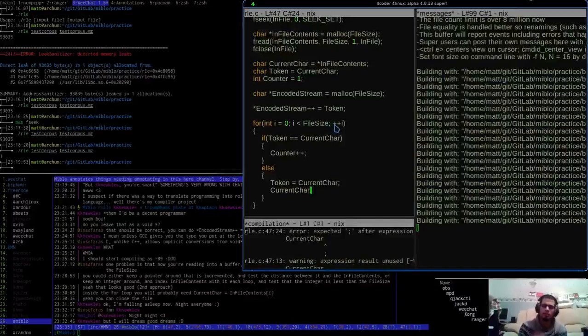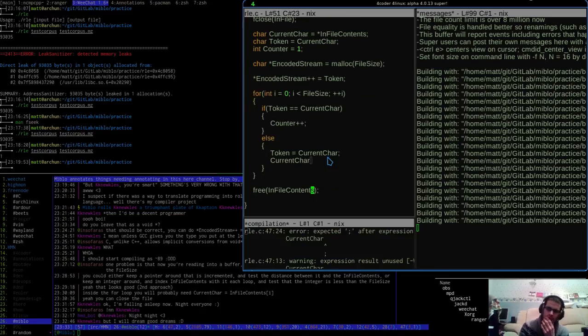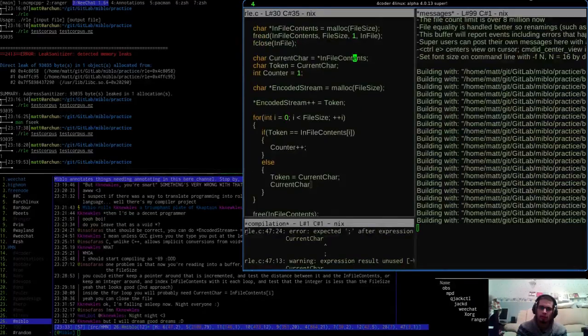Yeah, I definitely need to be incrementing the... I mean, I suppose in some ways I could actually say infile contents i and get rid of current char. Yeah, I think I'll try that.